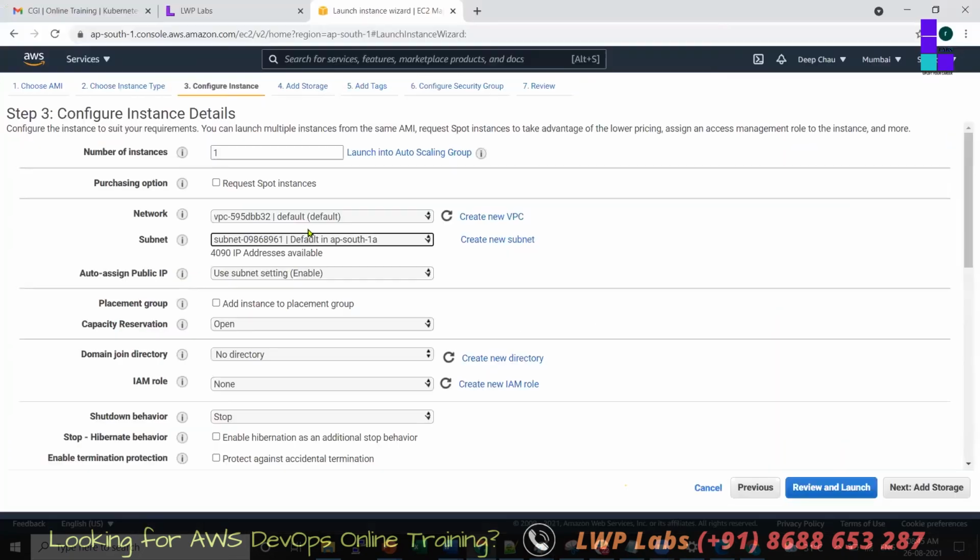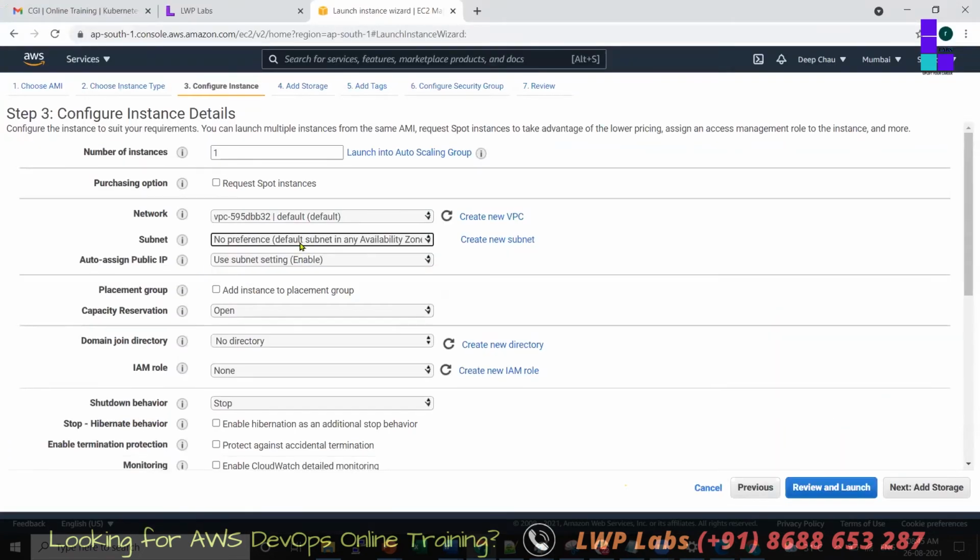For now, just select any subnet, no preference will be good. Use subnet setting enable. Here there is something called IAM role. We'll understand what an IAM role is later, and then we can select it. When we study Chef, we have an exercise where we have to select an IAM role.